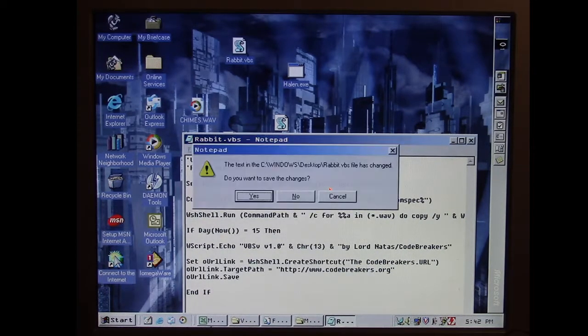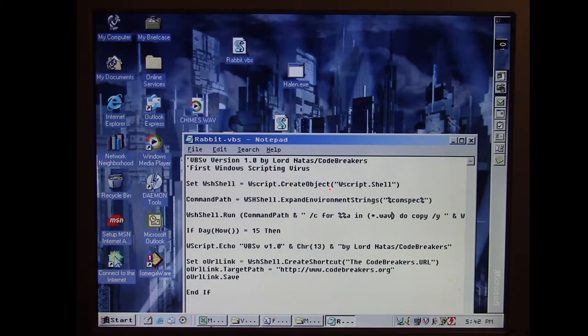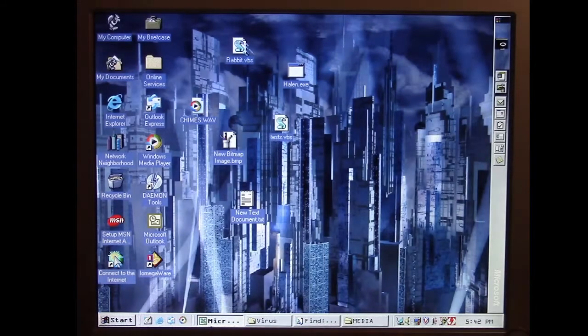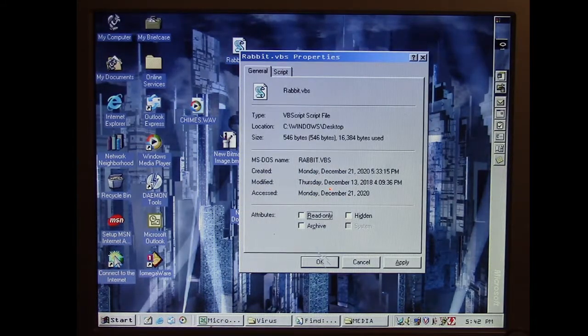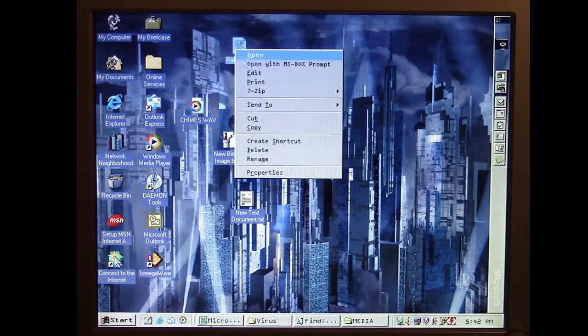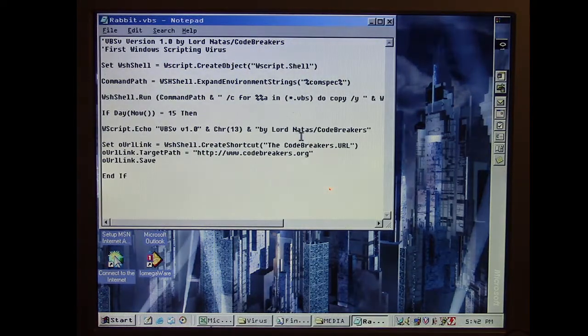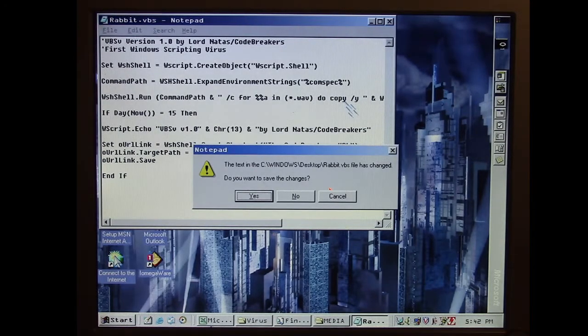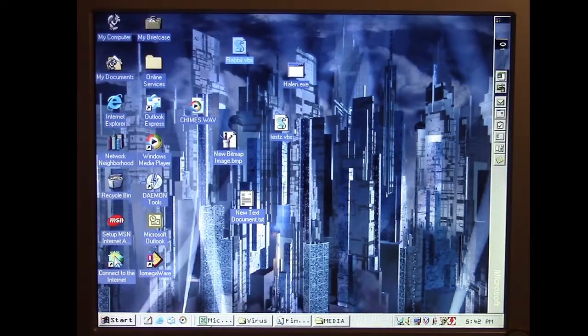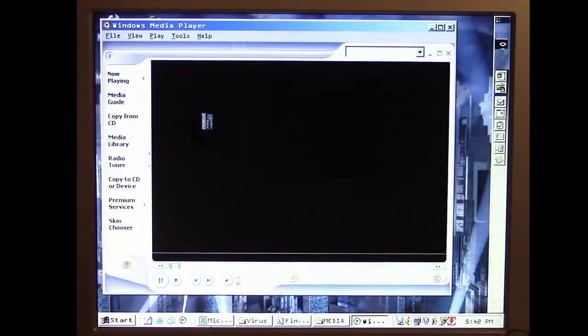I need to take off the write protection because it's set as read-only right now. Here, take that off. Now I can overwrite it. Of course, actually, I just ran it, didn't I? Okay. Now, if I run the Rabbit.VBS scripting worm again,